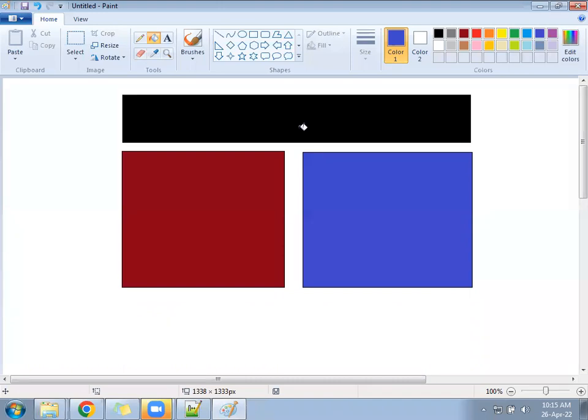Any height and width is okay. Just design anything, no problem. Okay, 200 by 200. Give height 200 and width 200. Okay. Background definition: red and blue. One will be